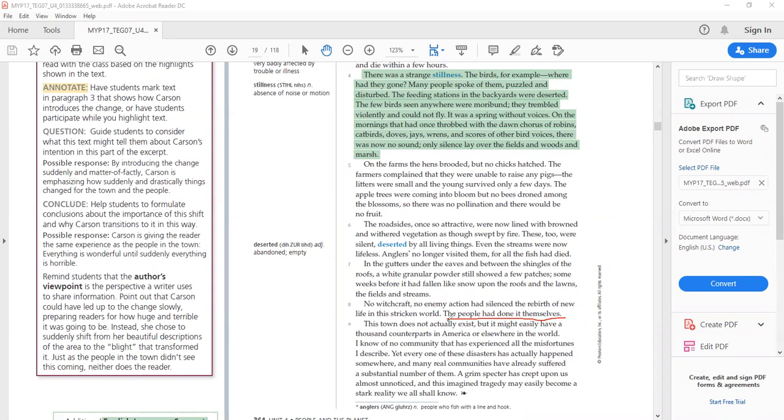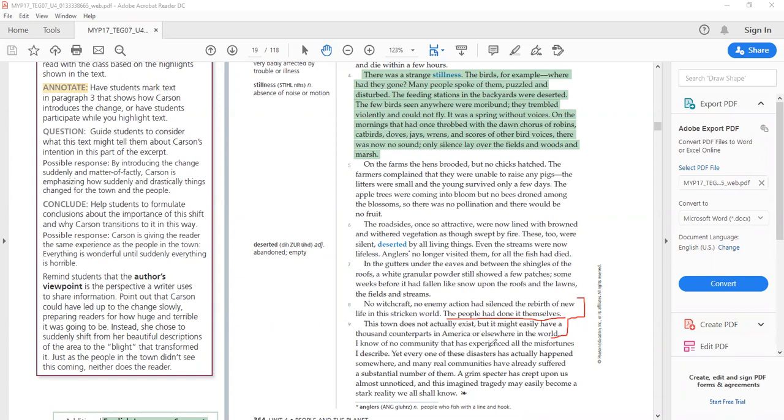This town does not actually exist, but it might easily have 1,000 counterparts in America or elsewhere in the world. Even today, if we look at what's happening in the world, human beings are responsible for all the pollution and the diseases out there because of the way some of us have decided to live. I know of no community that has experienced all the misfortunes I describe.